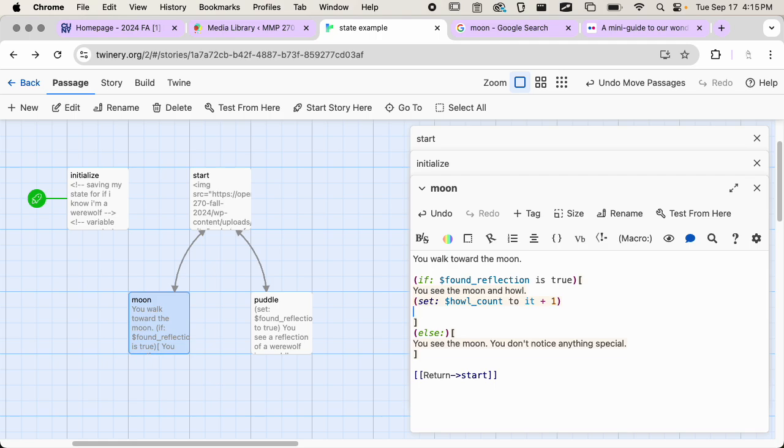So we're going to say here, if howl count, and we can use greater than or less than to compare numbers. So if 1 is greater than 0, whatever. So let's say if howl count is greater than 1, we have a new if,